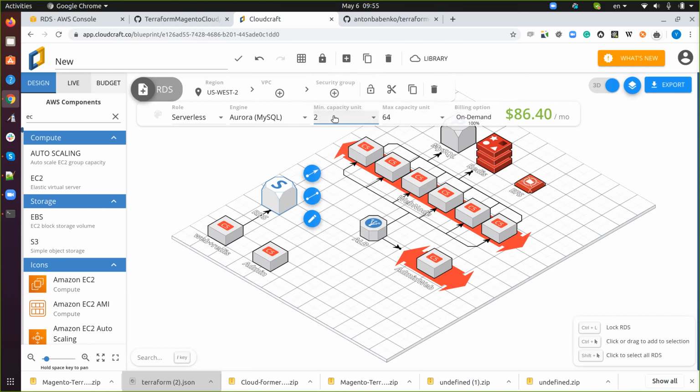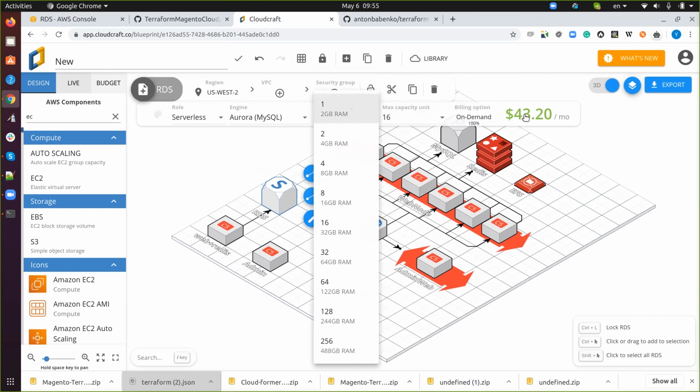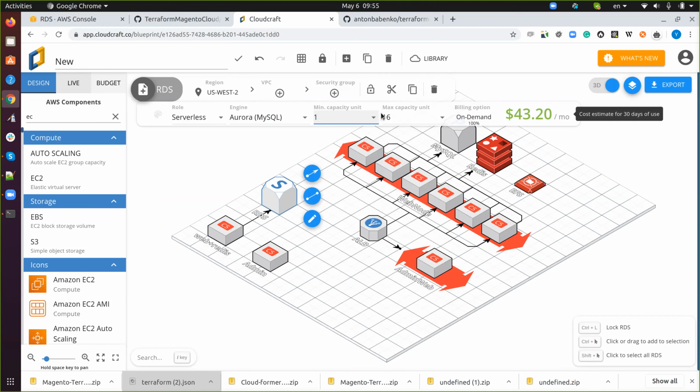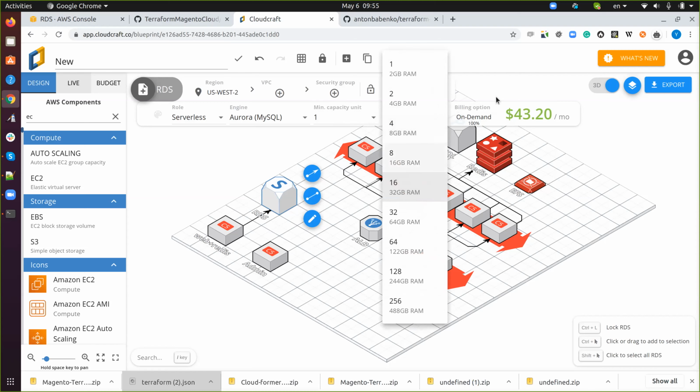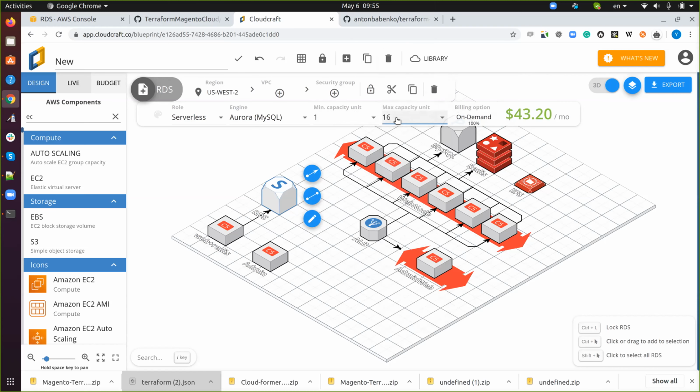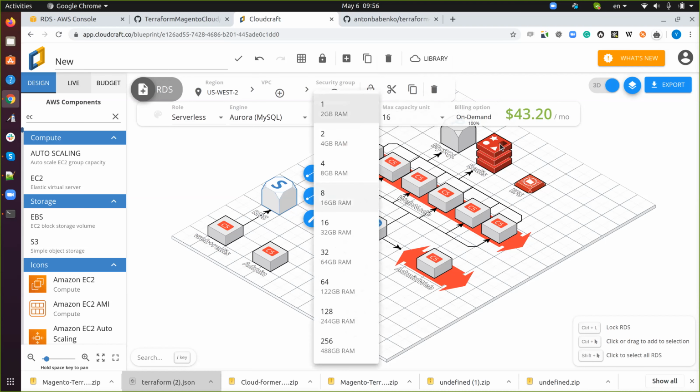It's also a good point for cost optimization, because for example, for a small website with maybe 300 products or thousands of products, this database with minimum capacity 1 will be enough. You will pay only $43, and during high traffic it will scale. For example, if you have Black Friday, okay, tomorrow I will have more traffic, I can scale it manually to bigger capacity,